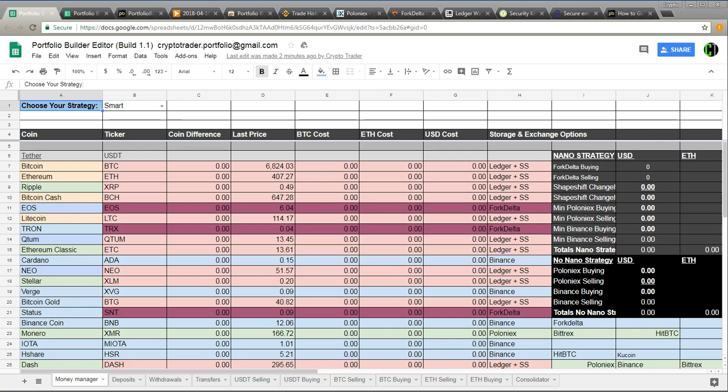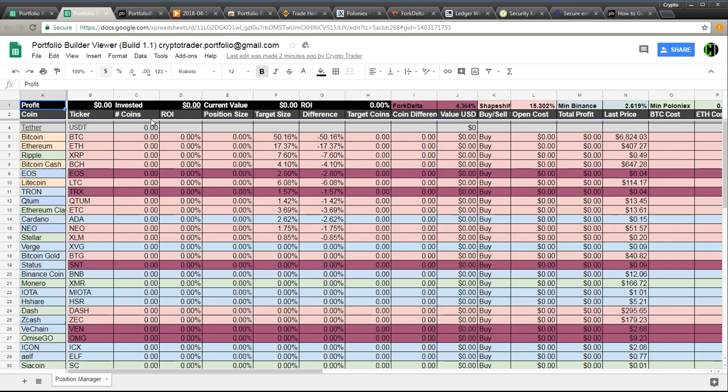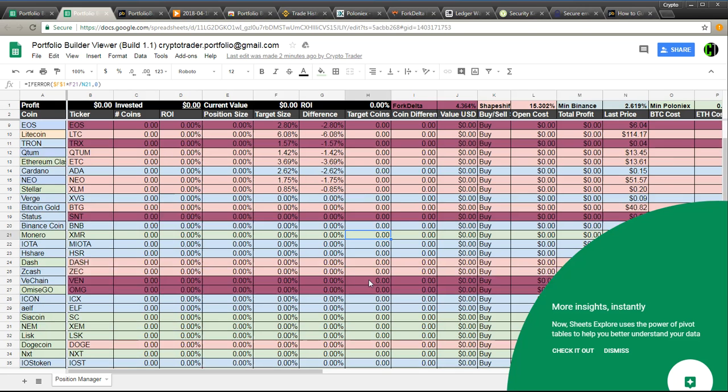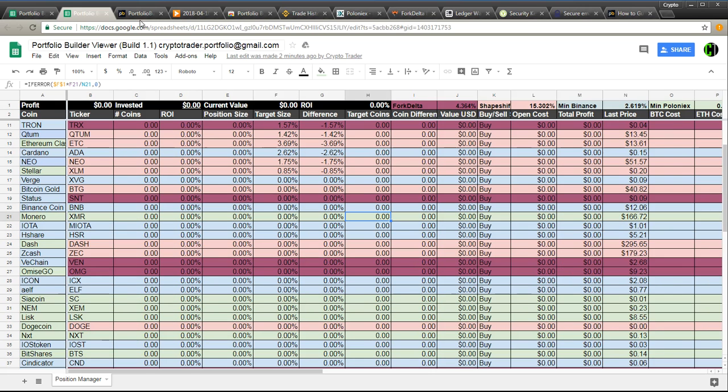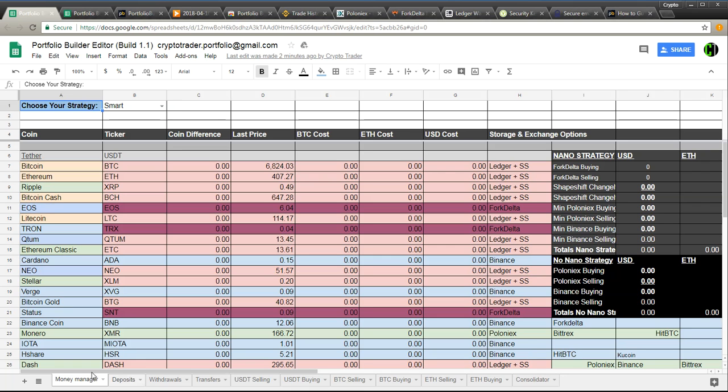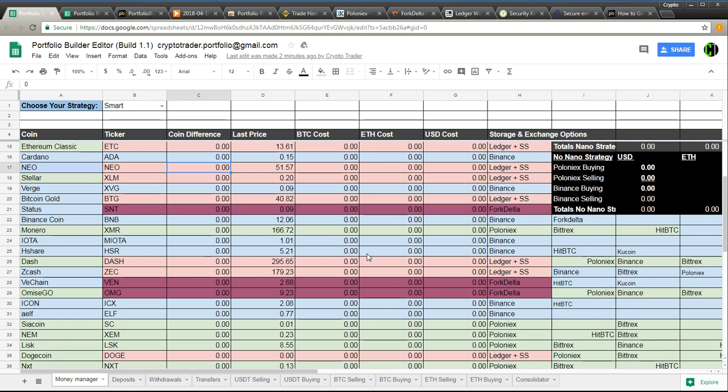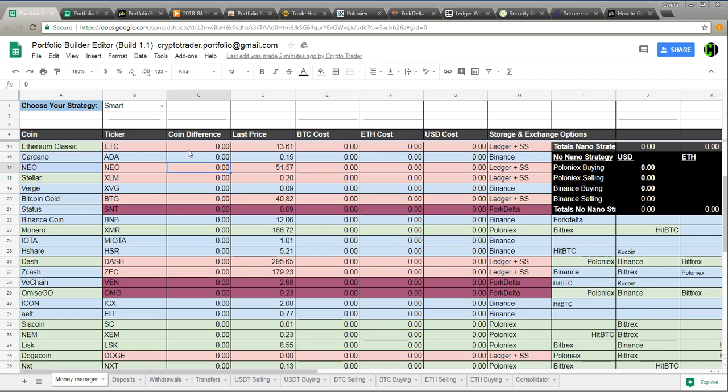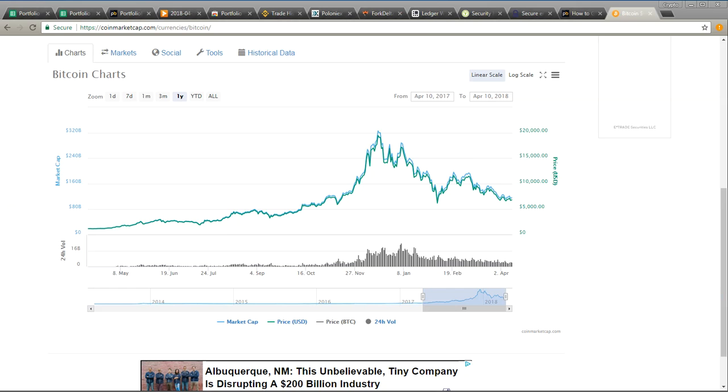And right now I'm looking at the editor sheet. The viewer is for tracking your profit and loss and having a general idea of what's going on in your portfolio, while the editor is for entering all your trades, deposits, withdrawals, and getting the order instructions for how to balance your portfolio. There are currently 3 settings to rotate during the different cycles of the cryptocurrency market. And to summarize those different cycles,